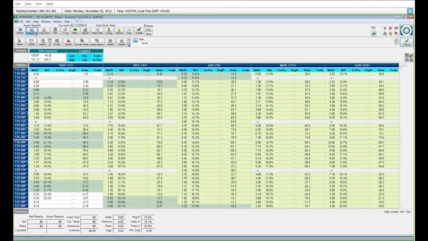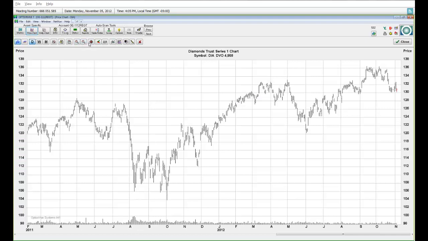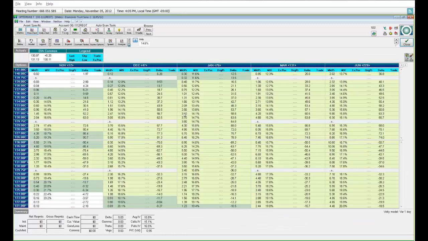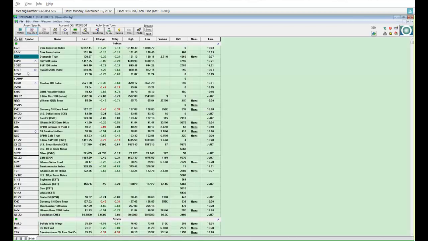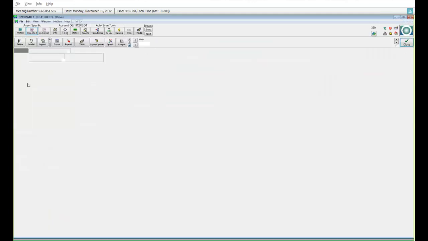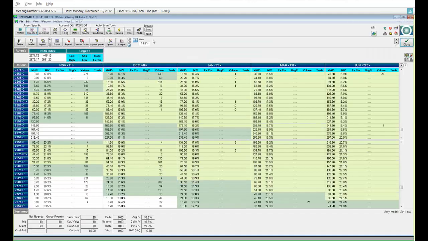Hold on, let me just get the chart. Okay, this is a bar chart of the Dow. So every vertical line you see on this chart represents 1 day of market activity. Okay. Now, we also have options associated with it, but I'm not going to get into that because I'm going to go to my favorite, which is the Nasdaq.